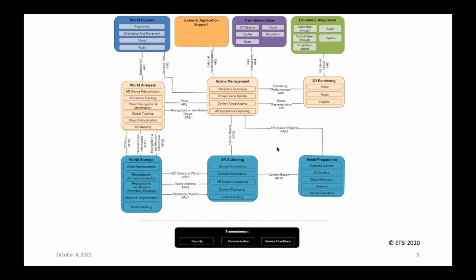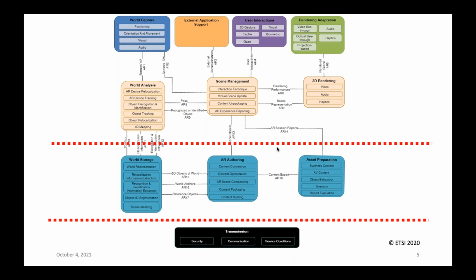But I'm using it here today because it allows me to divide up 3 zones. Below the dotted line on the bottom of this slide are functions that pertain to the communication, transmission, all things having to do with identification, authentication, all the user functions that we are familiar with in any IT application.